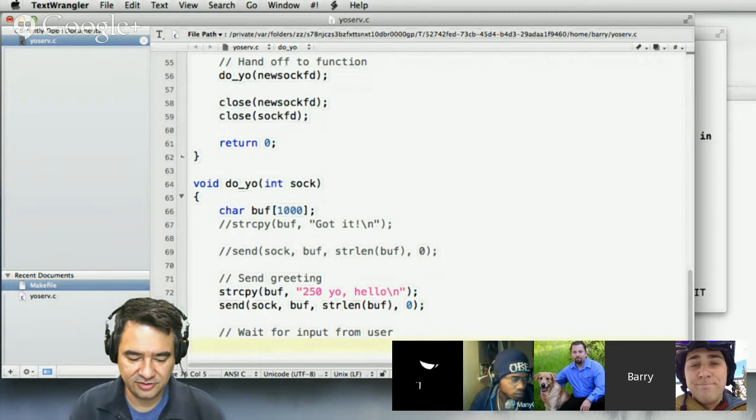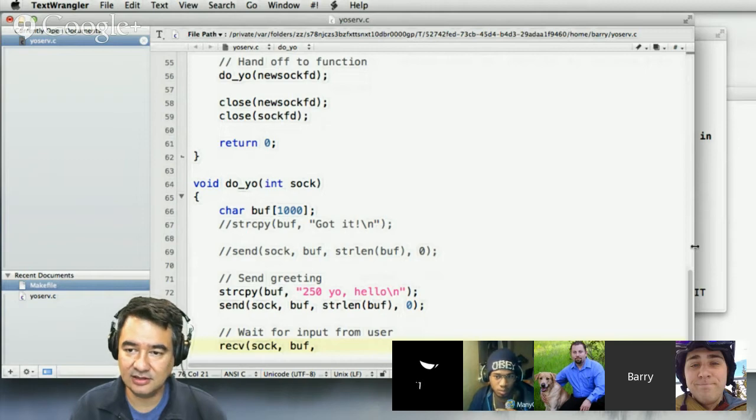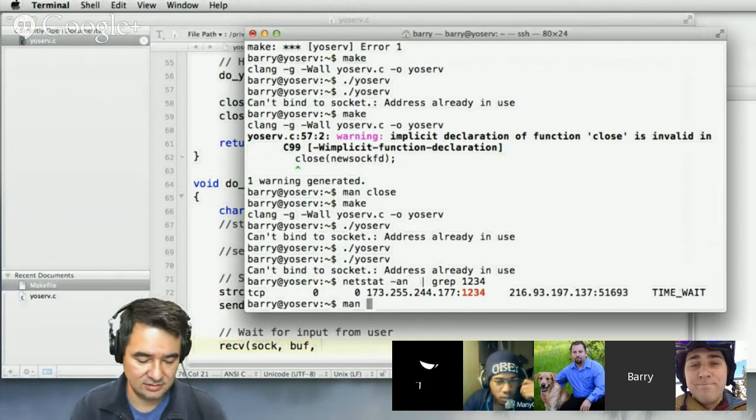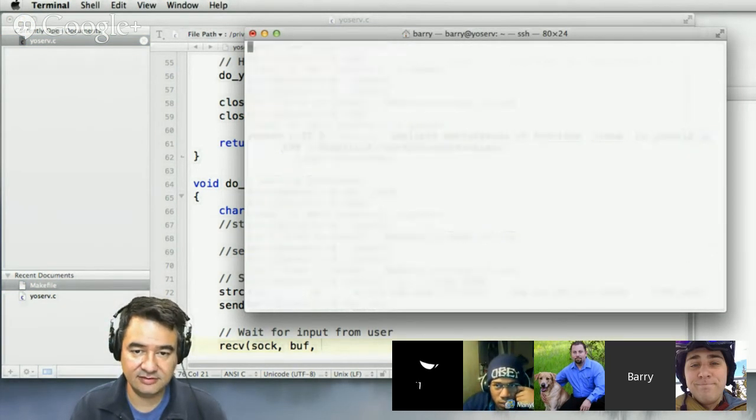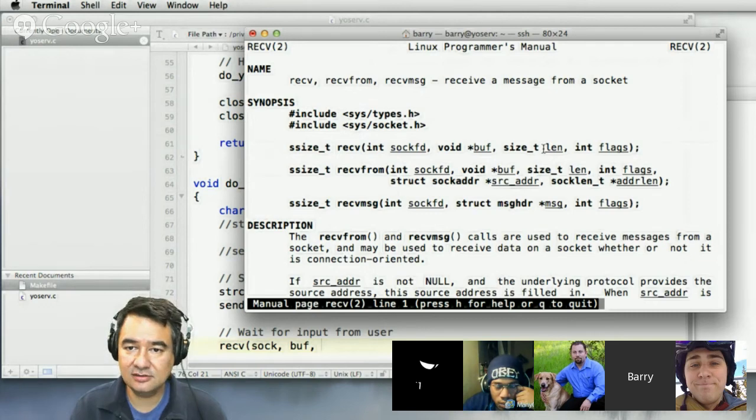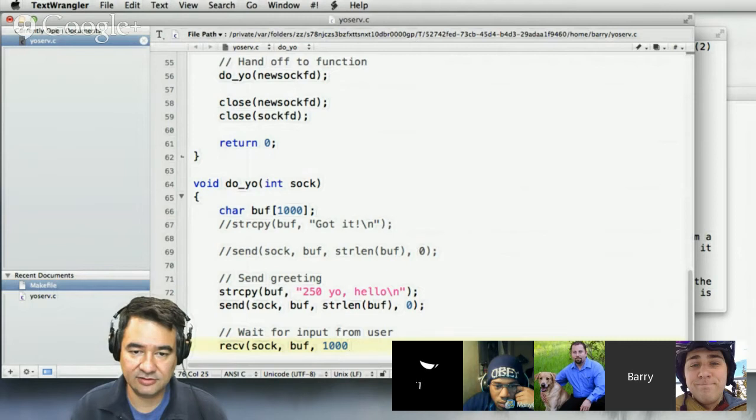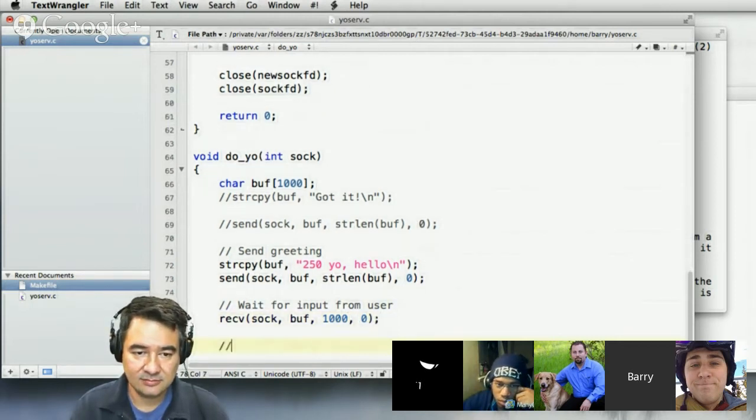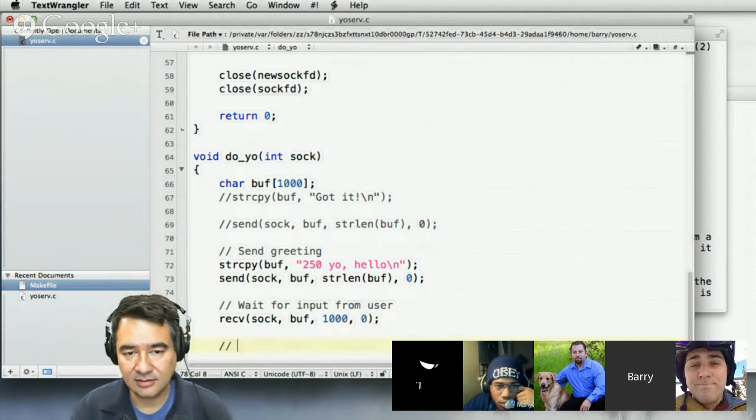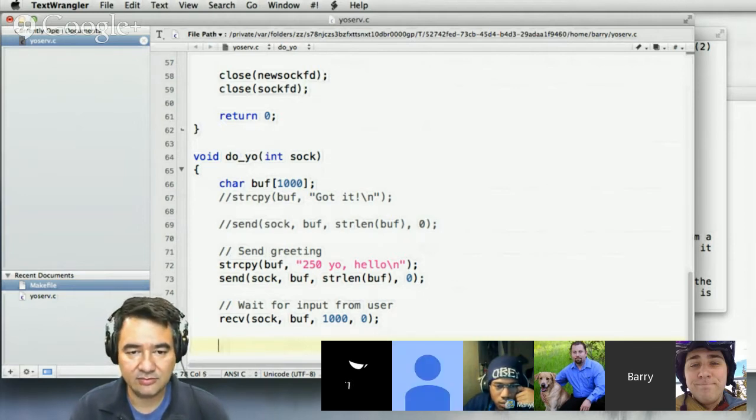And now we're going to wait for input from the user. So I'm just going to do a receive at this point. Receive, socket, buffer, and the total maximum length, so 1000, and then flags. And so now that I've got, okay,